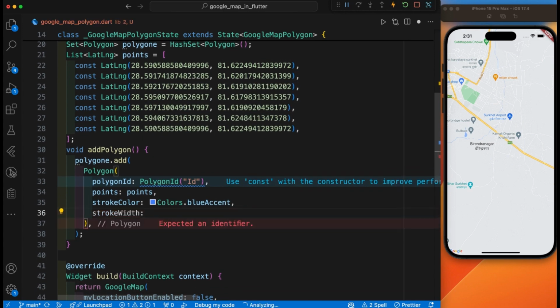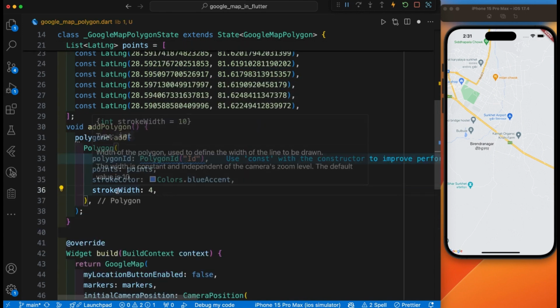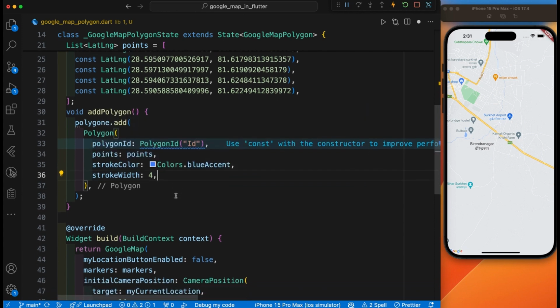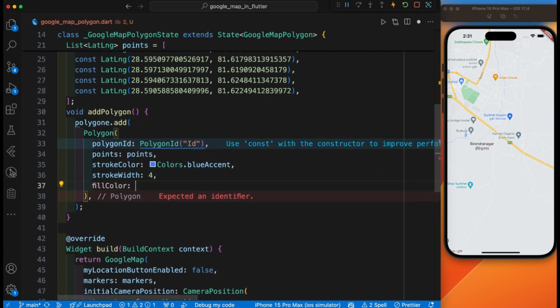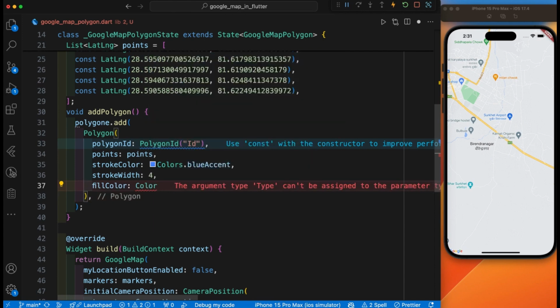and the width of this border. By default its width is too much. You can see this is 10. I feel that this is too much, and I'll give it 4. And the fill color inside this polygon, which color do you want to fill? I'll choose the color green. Inside the fill color I have chosen the green color, and I have also set the opacity to 0.1, and